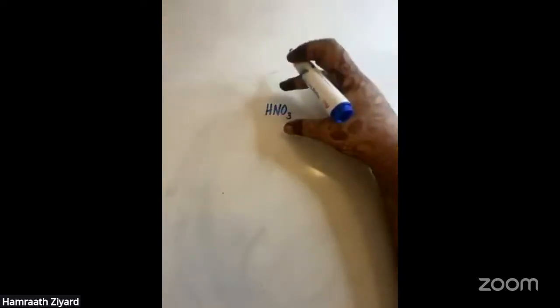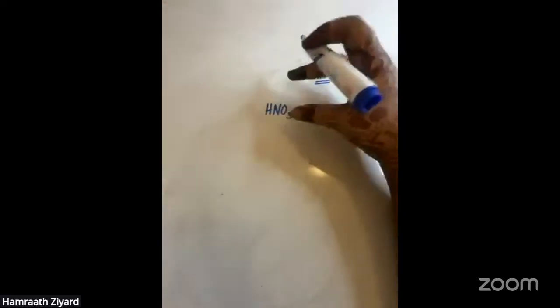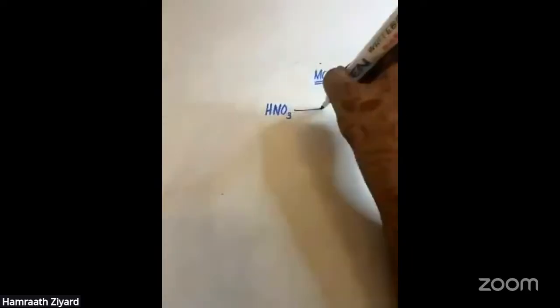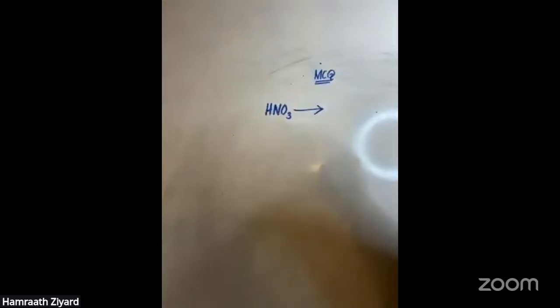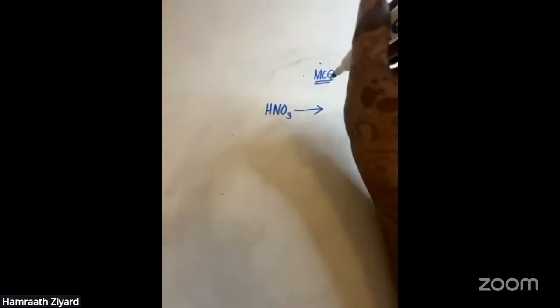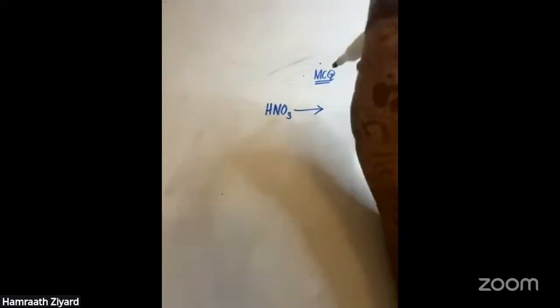Now, if I want to show the ionization of nitric acid, we have to know whether it is a strong or a weak acid. If it is a strong acid, we will use a single arrow to show that they are